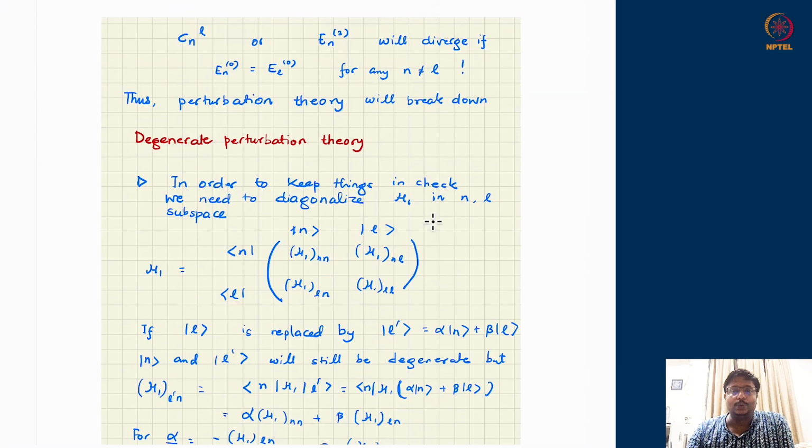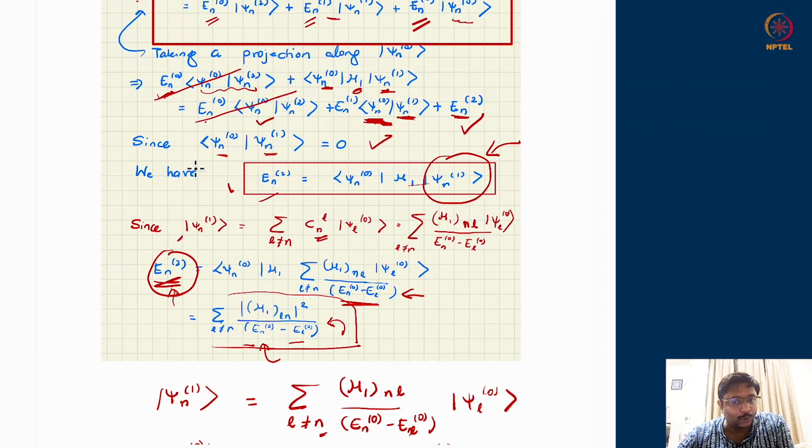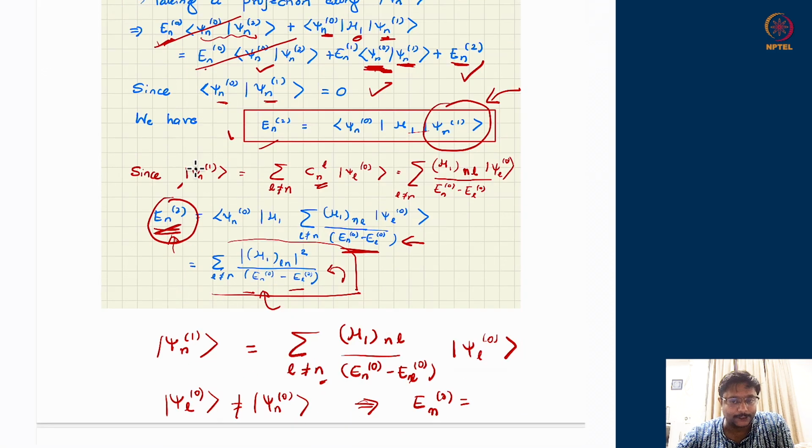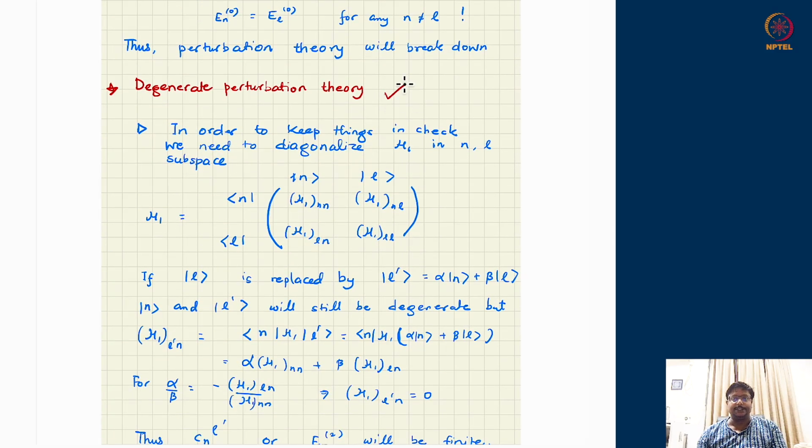And this gives rise to the approach of a degenerate perturbation theory. The approach what we discussed will work fine for all the systems where one state has a unique eigenenergy. There are not two different states with the same energy. If that happens, your system is safe. You can do the perturbation theory. But if you have a system where degenerate eigenstates are there, then you have to be careful. You cannot use these formulae, because these formulae are not made to come to terms with different states of same energy. So therefore, we go to the domain of a degenerate perturbation theory.